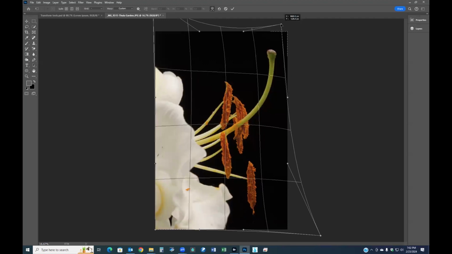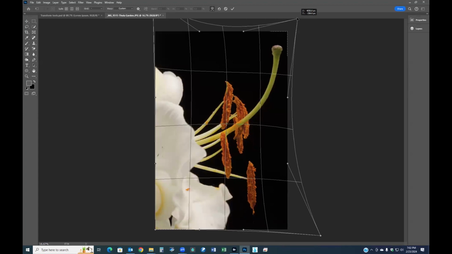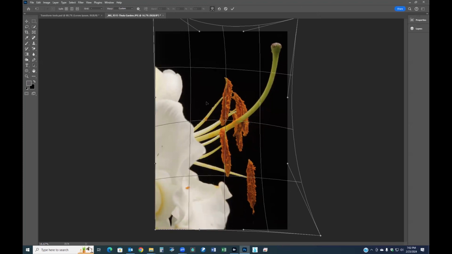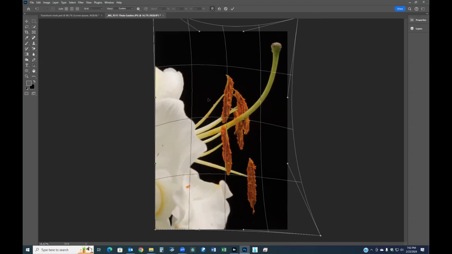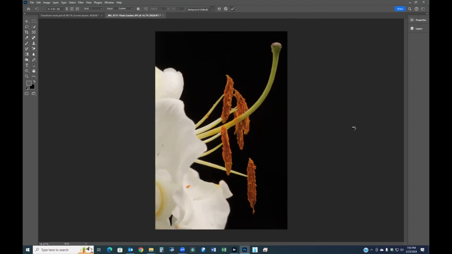And you see I'm really distorting this quite a bit. But maybe you might want to fill a frame, and there's one way you could do that. Now, there's some other ways you could do this, but this gives you the ability just to go in and move things around at will. In this case, maybe I'll pull this up a little bit. And when I'm done with this, you can see it doesn't look like it's been pulled upon that much, but